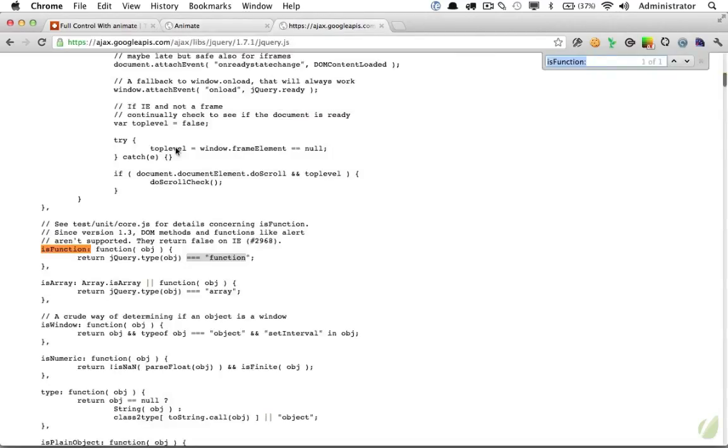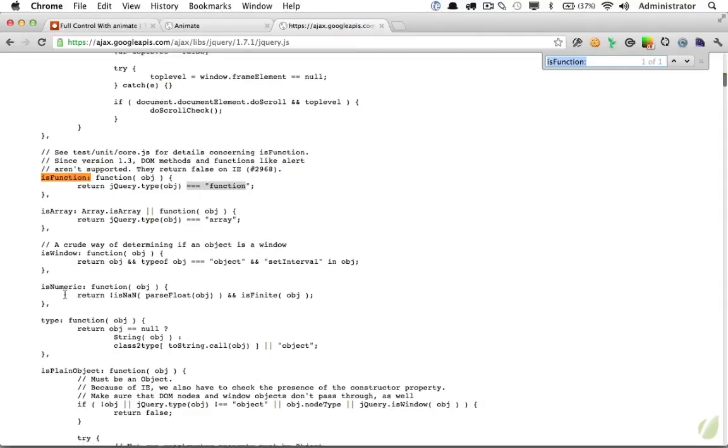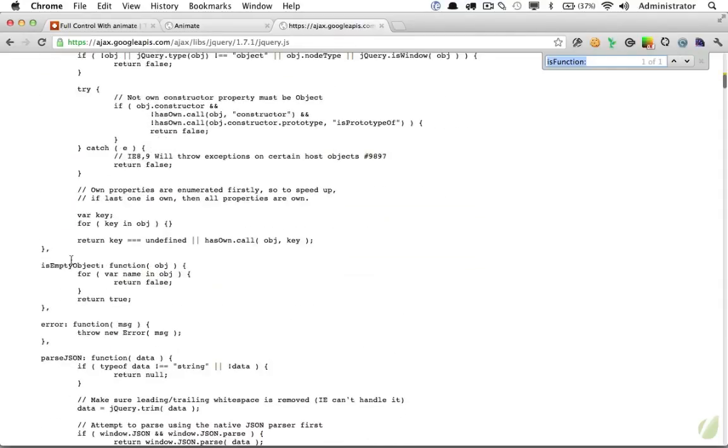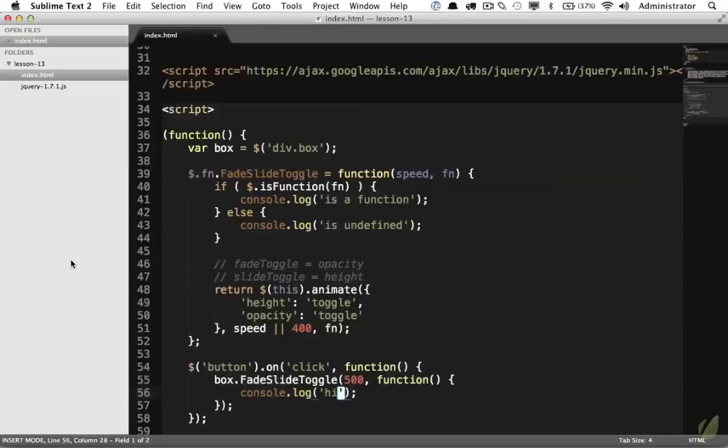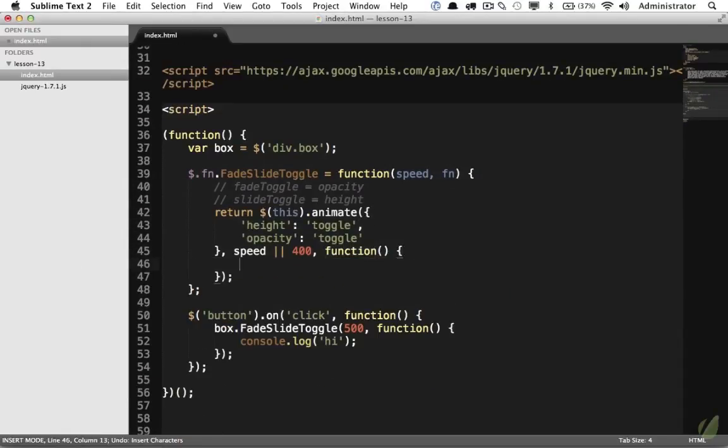And if we refer back to the jQuery source, you'll see that jQuery offers a lot of these little utility methods. Is array, is window, is numeric, is plain object, is empty object. So definitely refer to those when you need to determine how to test for a specific type. So in this case, what we could do, if you need to have full control, is pass an anonymous function again, and then we could say